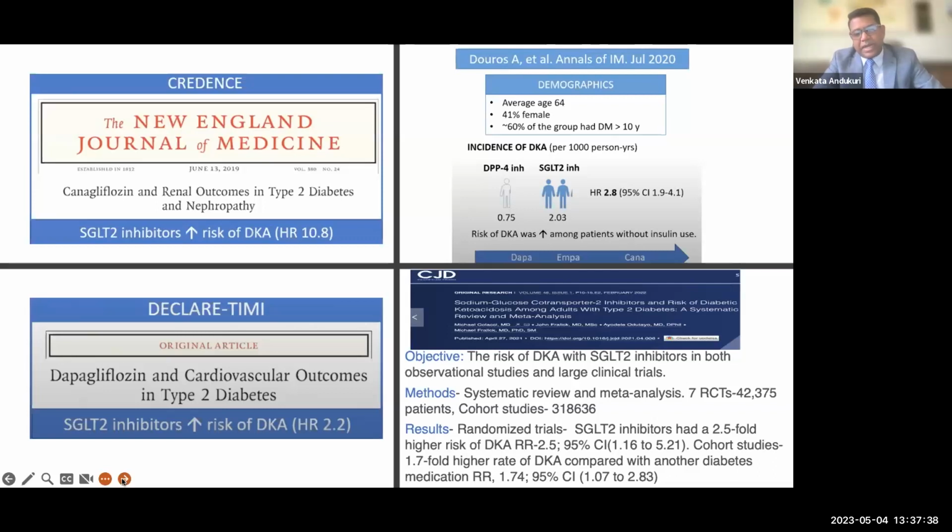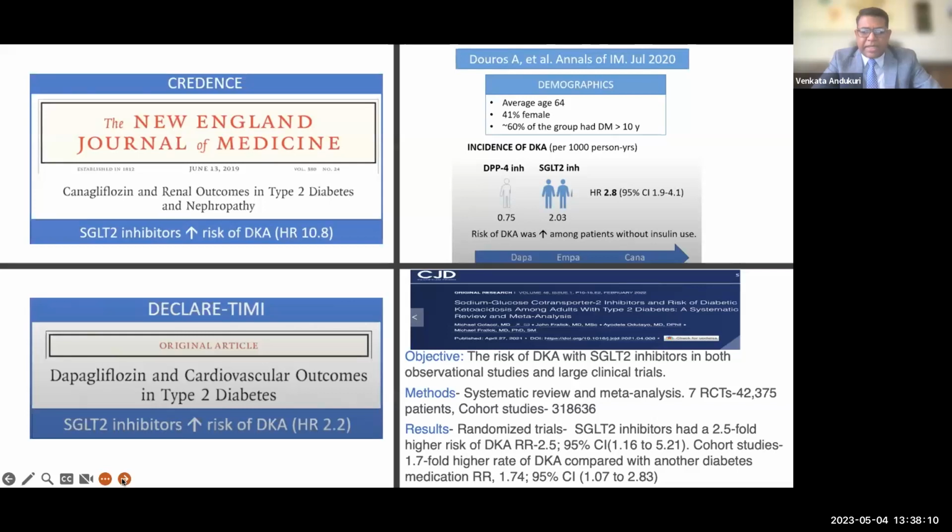So the reason, it turns out, is that when you're on an SGLT2 inhibitor and not on insulin, you're depleting all your glucose and peeing it off, and you essentially create a hypoglycemic-like state, and there's no insulin production because the body thinks it's hypoglycemic, hence the euglycemic DKA. So that's the reason for it.